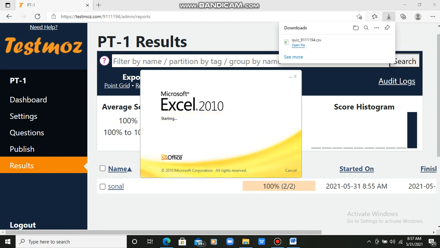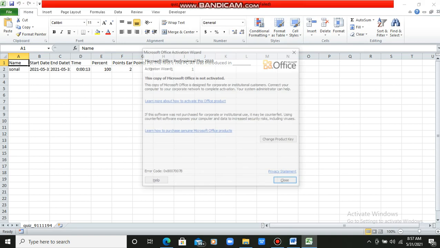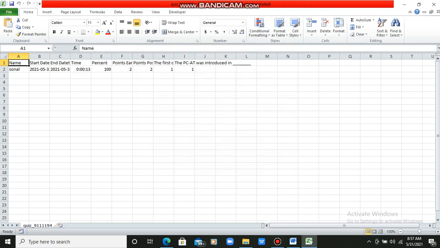Got it? So students, these were the general settings for the test, and we can prepare a very good test with the help of a test website. Now see students, we are able to extract the result in Excel form, and we can see the result here. So now teachers, what they can do, they can save the result for future reference also. Got it students? So this was all from my side.